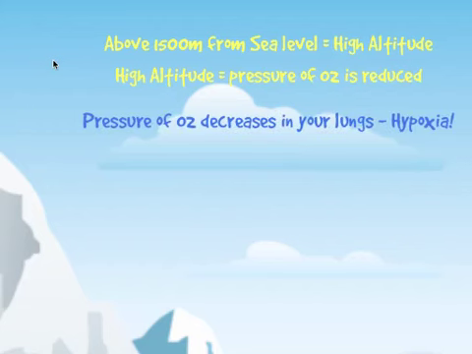And this has a massive knock-on effect in terms of how much oxygen you can get into your lungs. So if we reduce the pressure of oxygen in the air, it also means the pressure of oxygen reduces in your lungs and down to your alveoli. And when the partial pressure of oxygen is reduced in your alveoli, that means we get what's called hypoxia, or a state of hypoxia. It just means we're gasping for breath. There isn't quite enough oxygen for us to move the muscle groups.